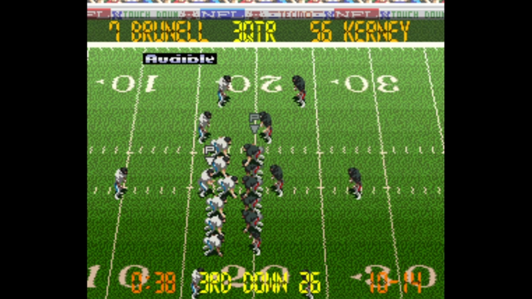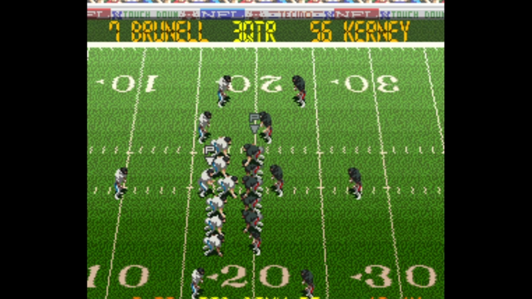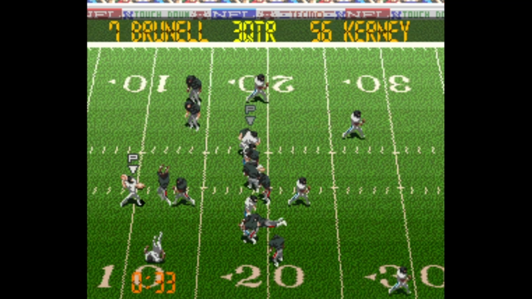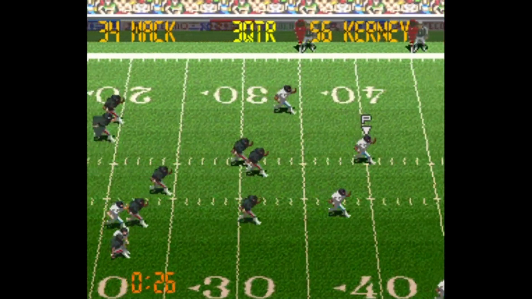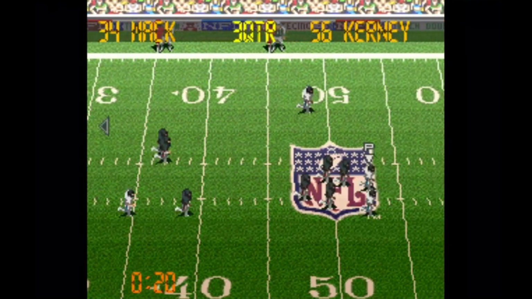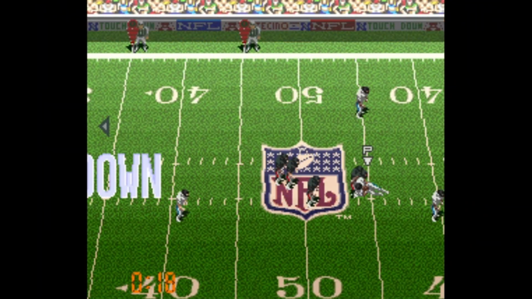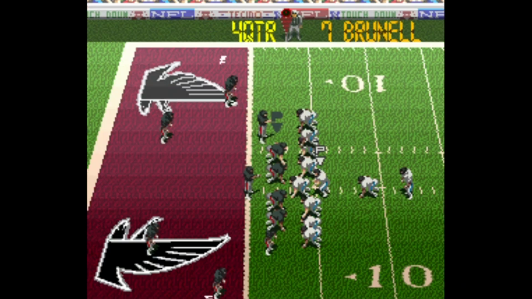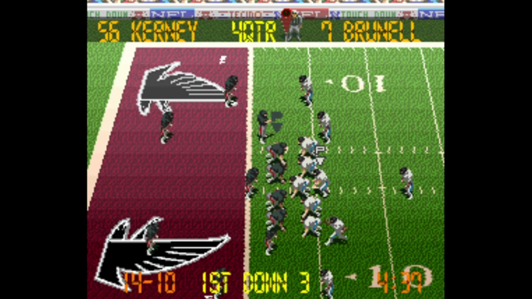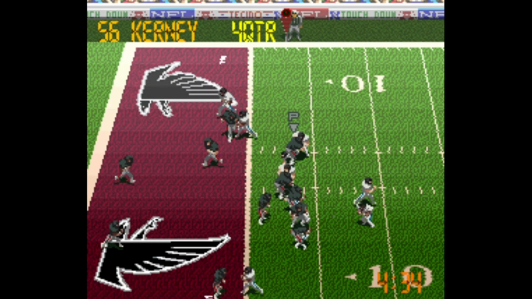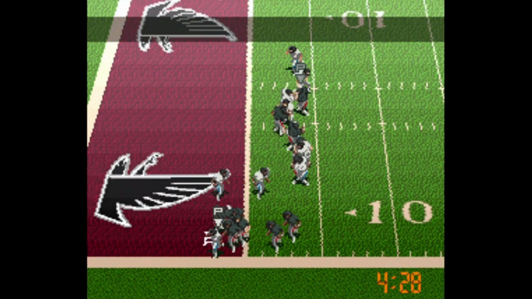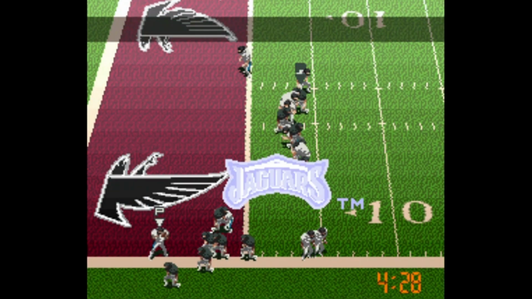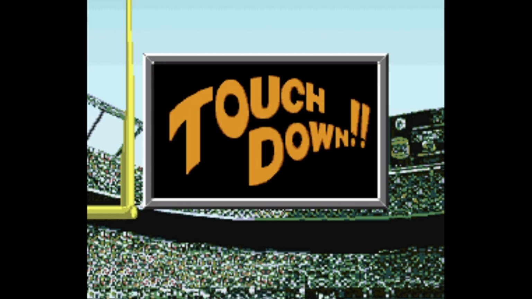The Falcons anticipate run. They bring the defense up. The Jags are going to wind up taking their shot downfield to Stacey Mack. The running back breaks free, and he's able to pick up the first down. Unbelievable play. We switch sides now in the fourth quarter. The Jags have it at the 3-yard line. This is Fred Taylor spinning away from the tackler, staying in bounds, and getting the Jags back into the lead